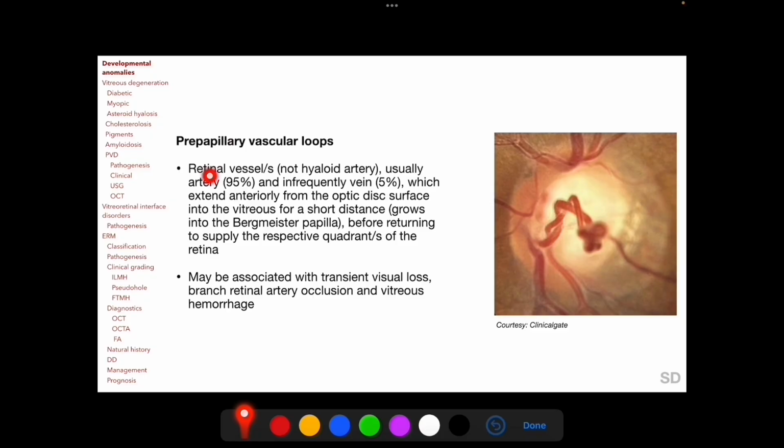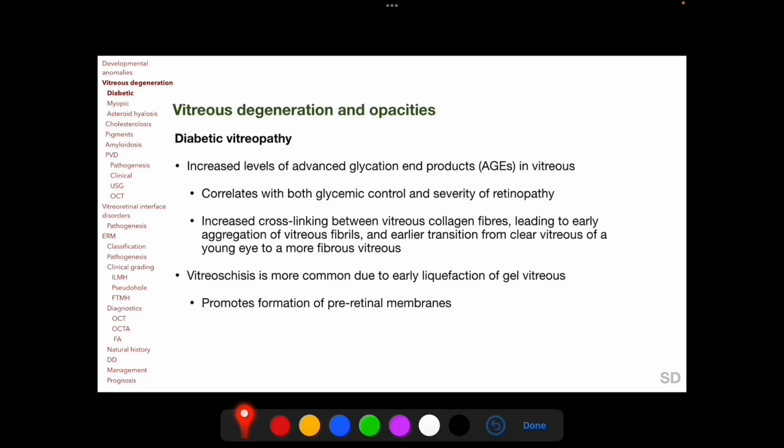Prepapillary vascular loops are retinal vessels and not hyaloid artery, which extend anteriorly for a short distance into the vitreous cavity before returning to supply the respective quadrant of the retina. It is said to grow into a Bergmeister papilla, and most of the retinal vessels making up prepapillary vascular loops are arteries, and so prepapillary vascular loops may be associated with transient visual loss, branch retinal artery occlusion, and vitreous hemorrhage. Vitreous degenerations and opacities include diabetic vitreopathy, myopic vitreopathy, asteroid hyalosis, cholesterolosis, pigments in the vitreous cavity, vitreous amyloidosis,